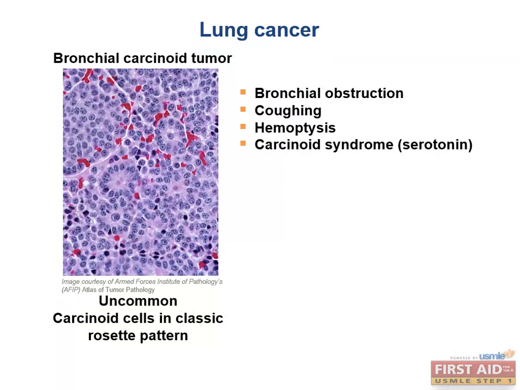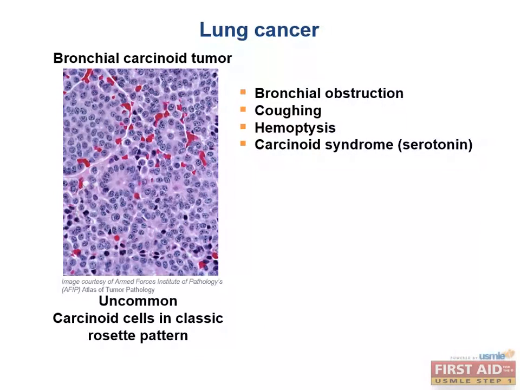Well, carcinoid tumor more commonly occurs in the small bowel and the appendix. However, you usually don't see the carcinoid syndrome unless they're metastatic to the liver. Why do you suppose that is? Because the substances released by the carcinoid tumor in those locations are typically metabolized and inactivated by the liver.